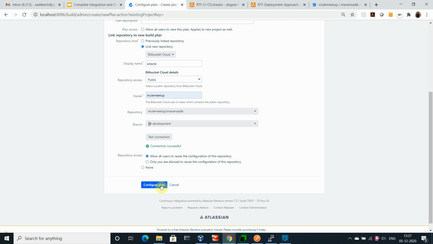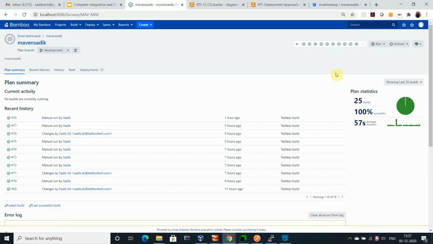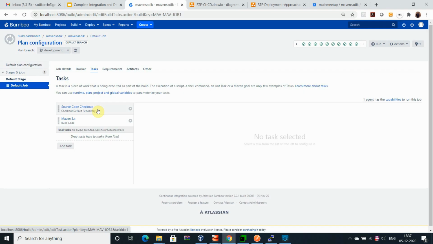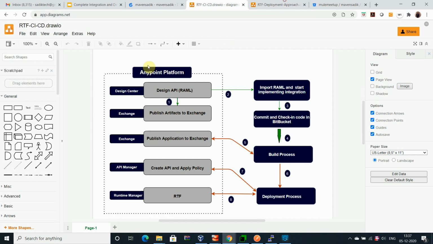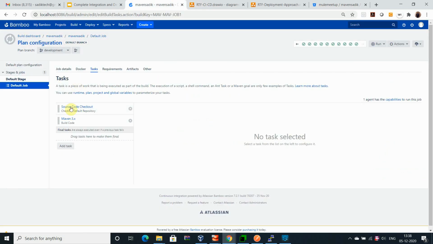Once you configure the plan, I'm not configuring here, you will get the kind of configuration like this. Then you can go to the default job. As I explained earlier, whenever we perform any check-in in the code, the build process will start executing.